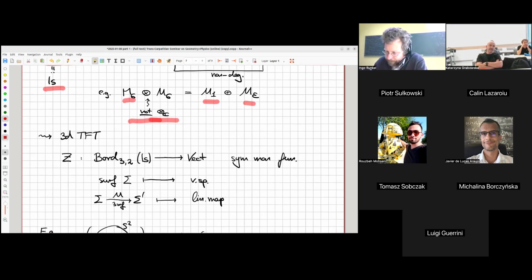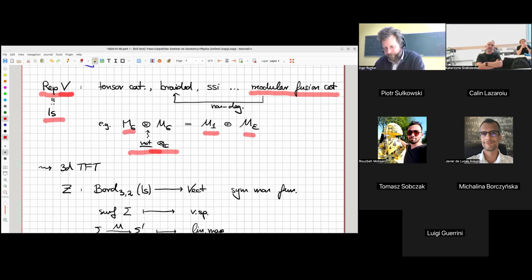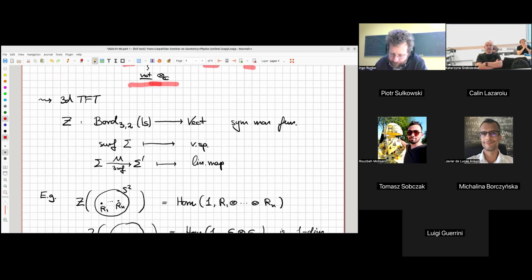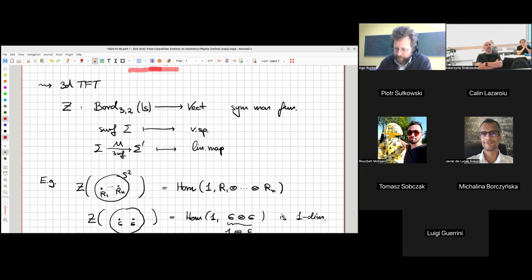Okay, so whenever somebody hands me such a gadget, such a modular fusion category, I can get a three-dimensional topological field theory out of it. And so I want to say a little bit what that is, because I'll need that later. So it's a functor. It starts in a geometric, well, rather topological category of 2- and 3-dimensional manifolds, and it